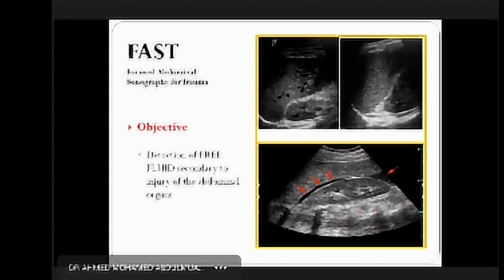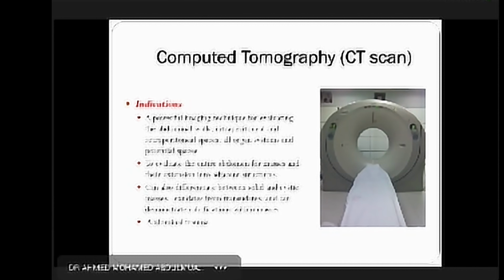So immediately we ask for CT scan, because this could be due to laceration of the liver or laceration of the kidney or anything. Okay, so we have to do CT scan for further evaluation. Okay, so CT scan,